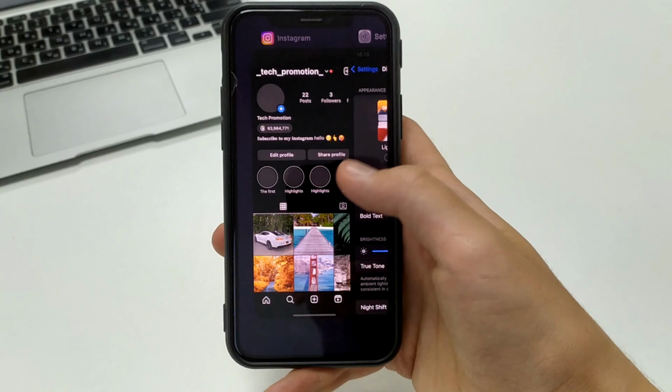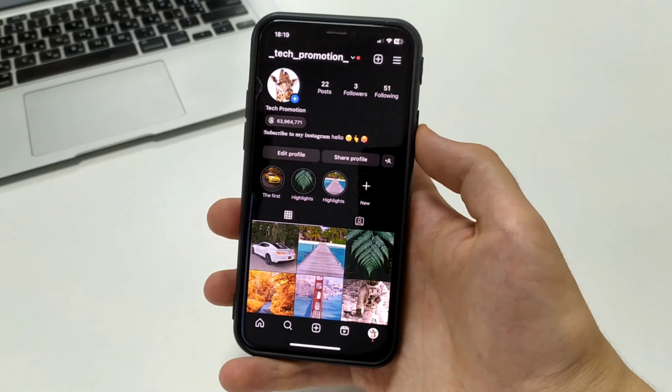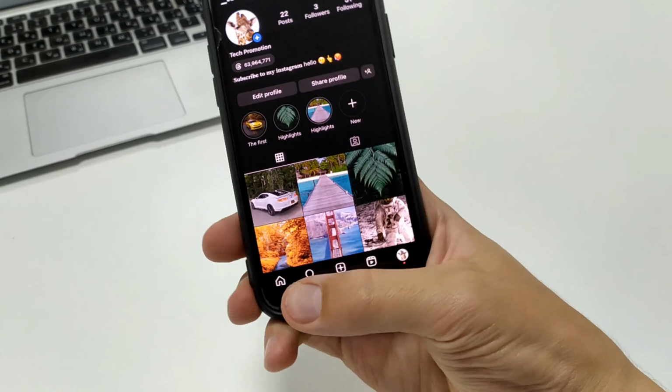After that, we exit. We go to Instagram and Instagram itself has updated to the black theme. Now we can go in and flip through and watch all kinds of news videos. And the most important thing is that we will have a black theme. After that, you can exit, change to white, and your Instagram will also return to the white theme. Here is such an easy way how you can do it.